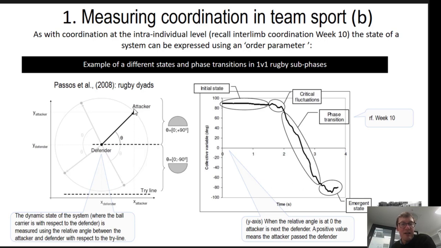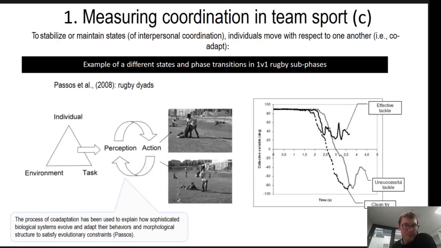He's now caused a phase transition, and the attacker is now closer to the try line. Okay. And again, these critical fluctuations, this is basically any sort of strategy or behavior that's going to help destabilize this relationship so that we can facilitate a transition, so that we can get an advantage and win. And the point here is that, okay,